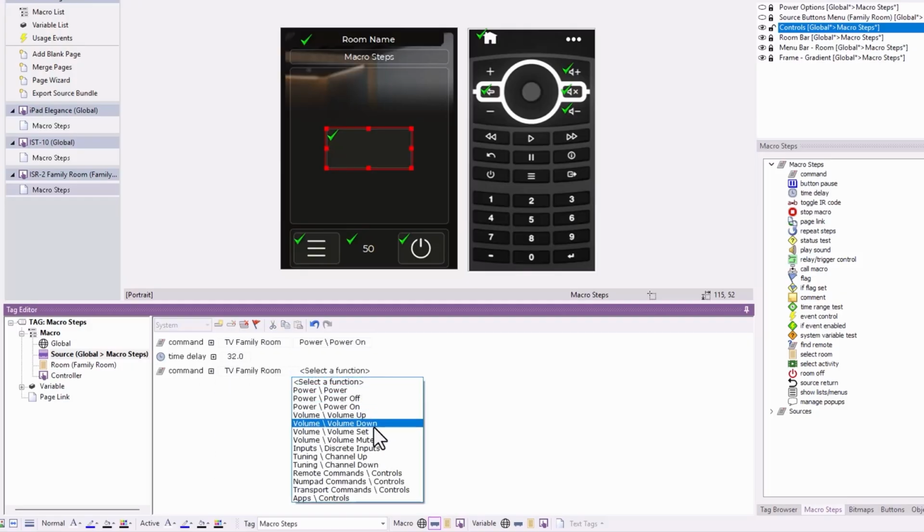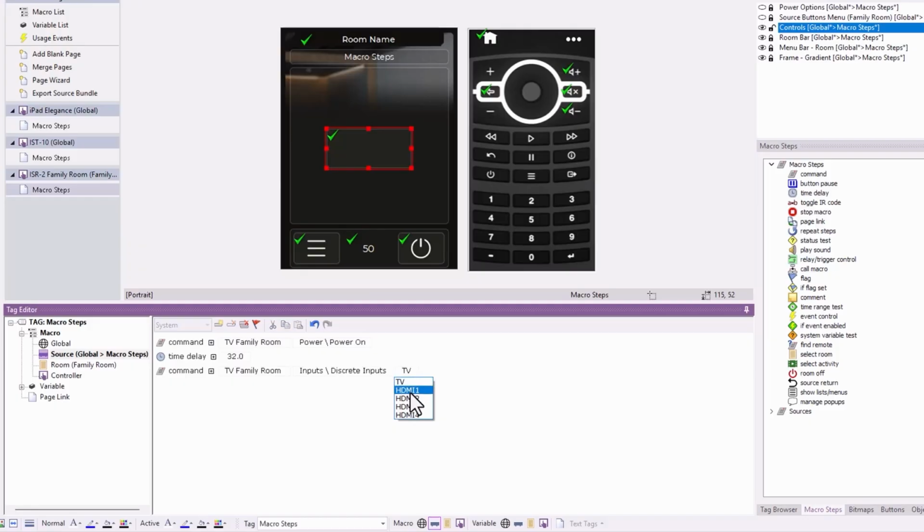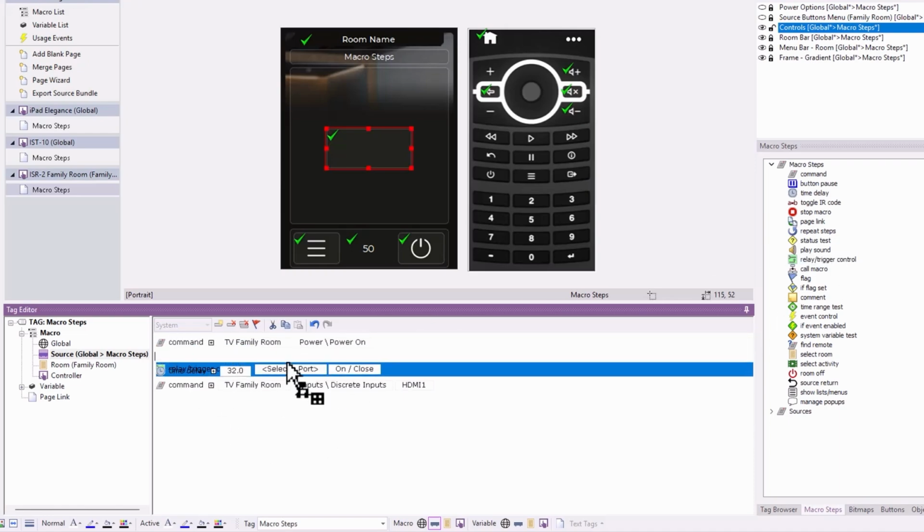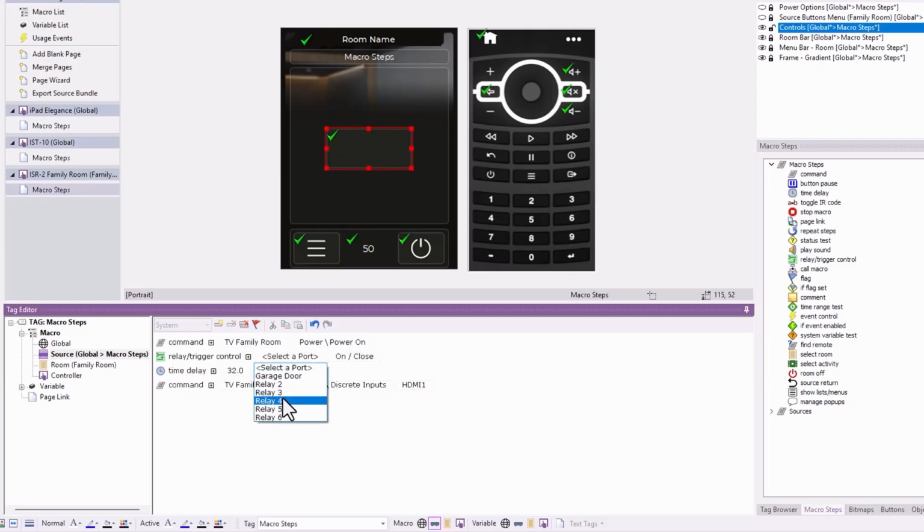Let's switch the input. Where's that discrete inputs? Here it is, HDMI 1. Okay, the problem with this command, and most projectors are going to be like this, is that this command takes 32 seconds to warm up. Let's pretend we'll put a little trigger in there to send an on command to